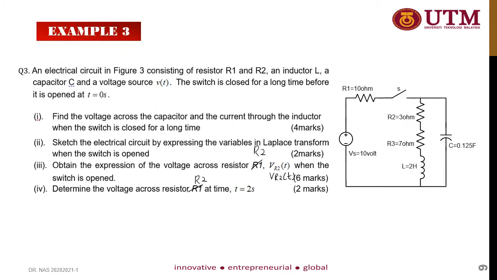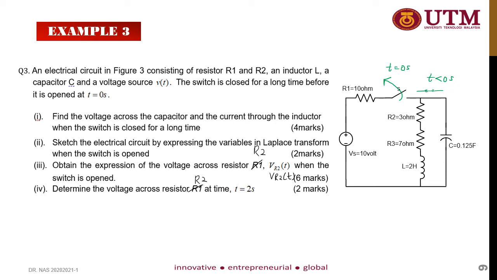Okay, let's look at example 3. An electrical circuit as shown in the figure consists of R1 and R2, an inductor, a capacitor, and a voltage source. The switch is closed for a long time before it is opened at t equal to 0. So this switch is open, you can see the arrow. It is opened at t equal to 0 seconds. Before that, meaning at t less than 0 seconds, the switch is closed. Find the voltage across the capacitor